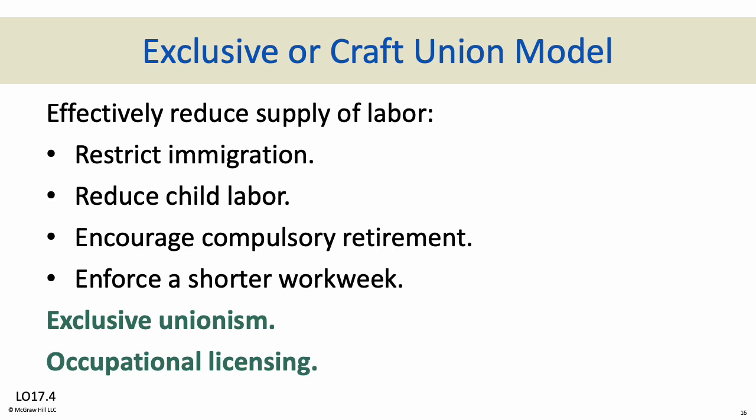But a second union model is what is known as the craft union model. So what is the craft union model? Some unions attempt to restrict the supply of labor available. They're going to prevent people from entering a job and thus affect the wage rate paid as well. Labor unions have supported legislation that has in the past restricted immigration. If you restrict immigration, fewer people are coming into a country, so there are fewer people to hire. Immigrants also are more often willing than not to take jobs at lower rates than people already living in a country. So if you restrict it, in theory, you can increase the wages being paid to the union members.